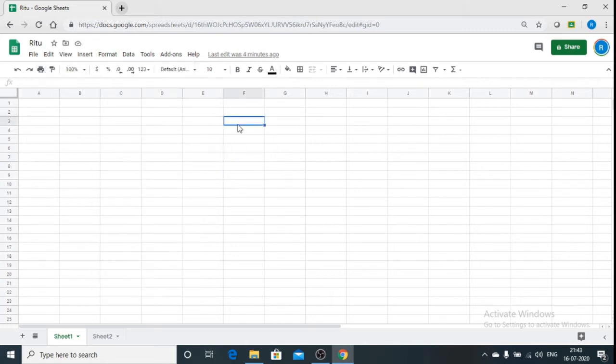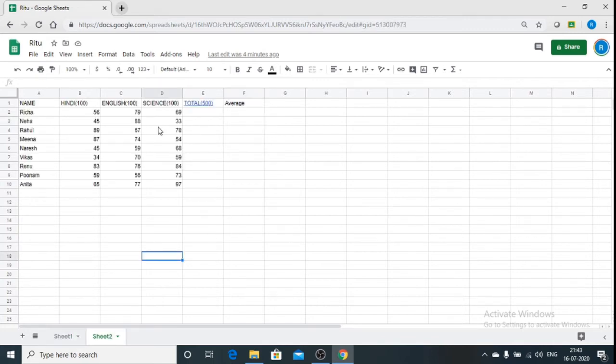So now we will see how we can prepare a result sheet on Google Sheets. I can show you this sheet, where I have already written names and marks in various subjects, specifically prepared for this purpose. So these are the names of students, and here you can find the marks got by these students in different subjects. We can apply various functions on this given data, and let's start exploring these functions one by one.